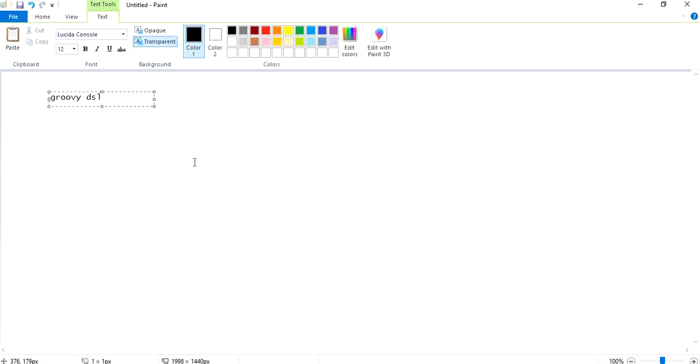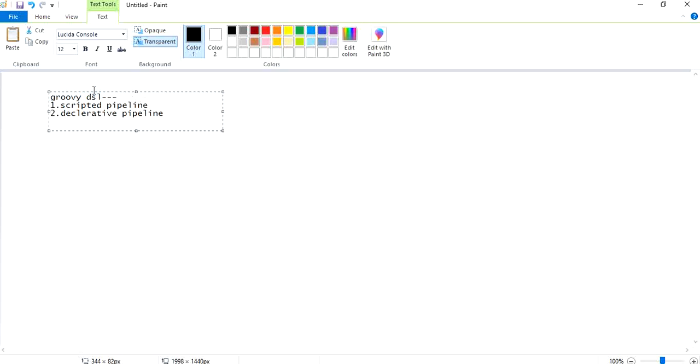Okay, this Groovy DSL is also two types. First one is scripted pipeline, next one is declarative pipeline.